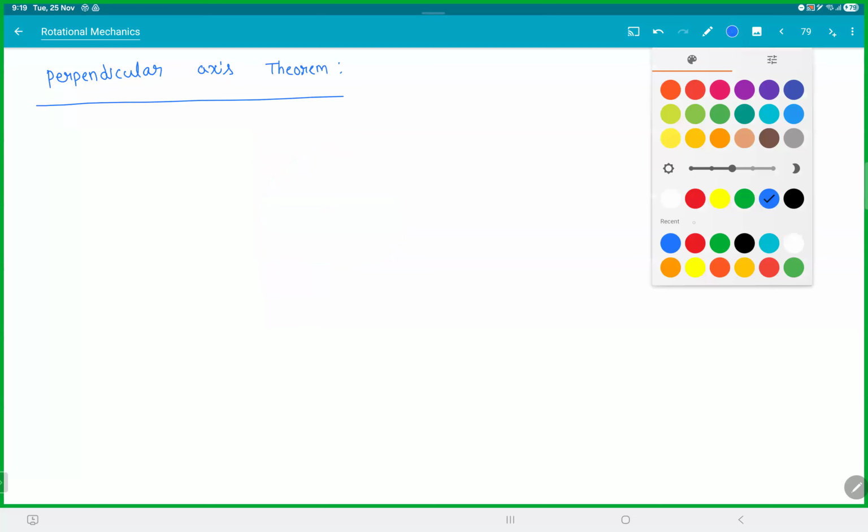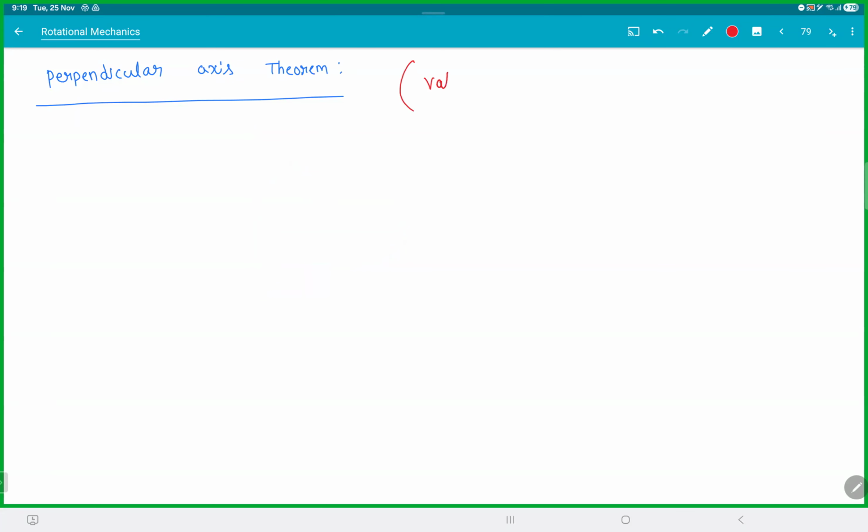But this thing has an issue. This is again valid only for planar bodies. That means sheets. You cannot use this for 3D bodies like spheres and all. Parallel axis theorem can be used for anything. So be careful with this. Don't use this for spheres and hollow spheres and all. It doesn't work. It's only for sheets. So if you have any random sheet,